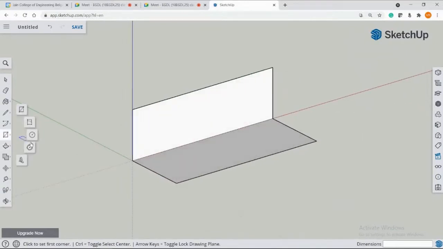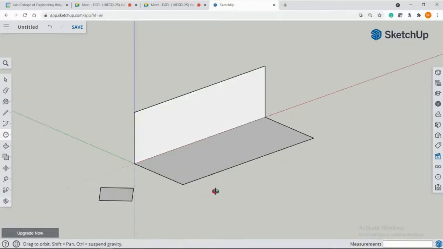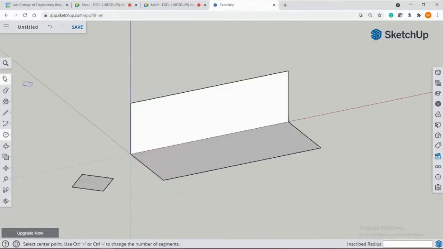And let me create a rhombus. Let me take this as the length. Okay, this is fine.